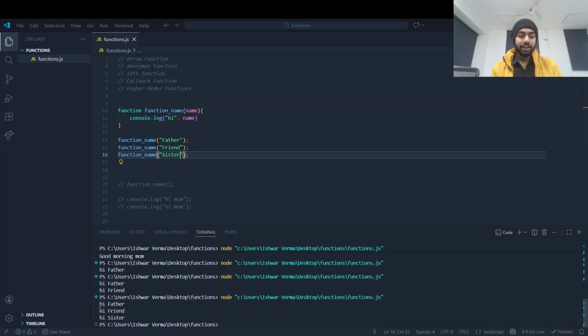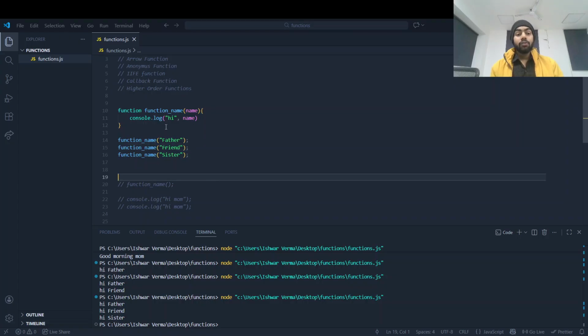Run this program, and you can see hi father, hi friend, hi sister. If we don't write a function, we need to write console.log every time: hi mom, hi father, hi sister, hi friend.